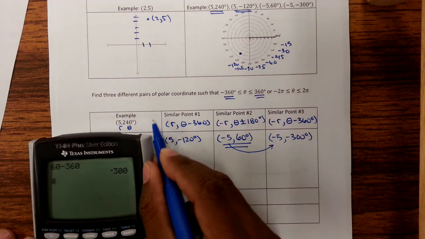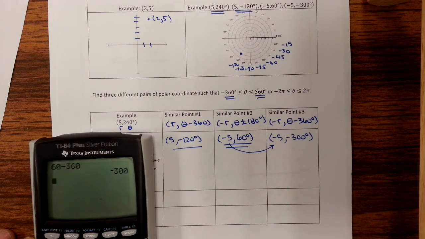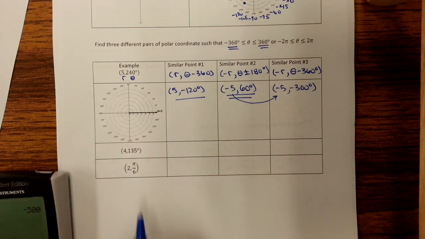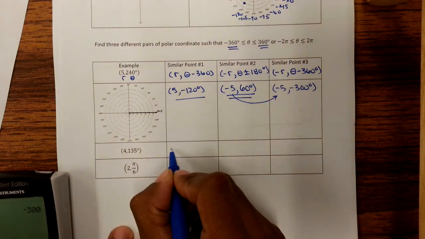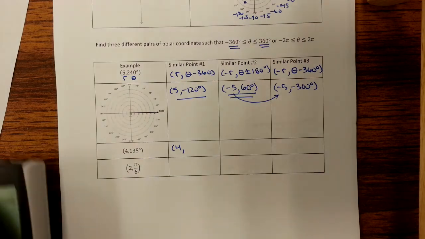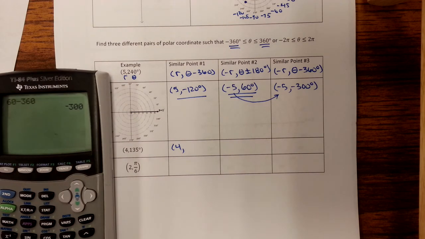So here is one polar coordinate point, and I found 3 other pairs. So using the exact same idea, I'm going to do the next 2 examples. So 4, 135. R I'm going to keep the same. My theta, I'm going to subtract 360. So 135 minus 360